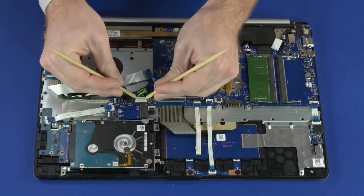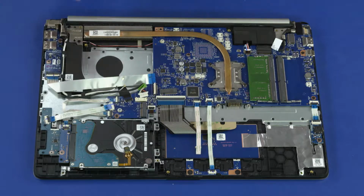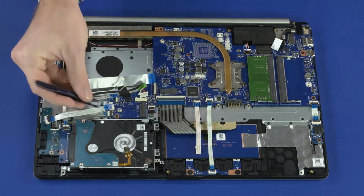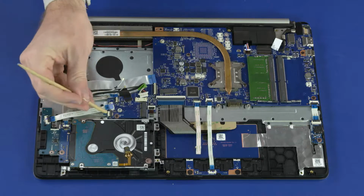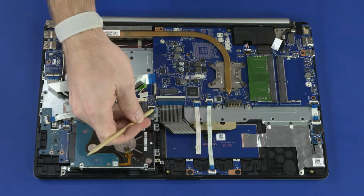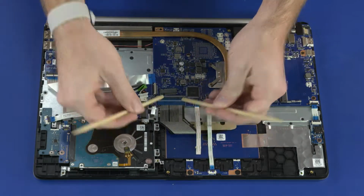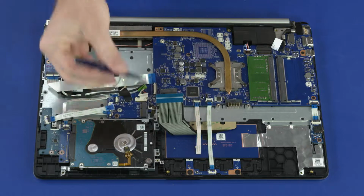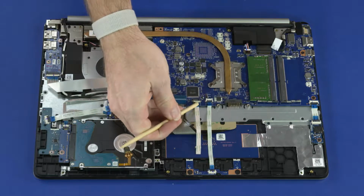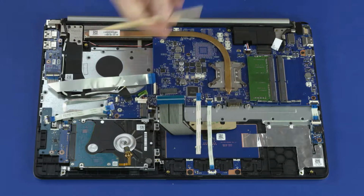DC-in cable, fingerprint reader ribbon cable, card reader board ribbon cable, 2.5-inch storage drive assembly ribbon cable, keyboard backlight ribbon cable, keyboard ribbon cable, touchpad board ribbon cable, touchpad button board ribbon cable,